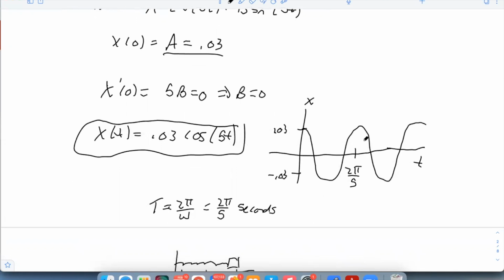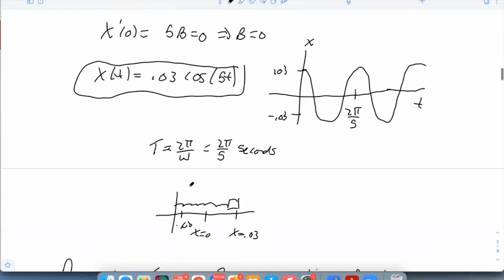So we get a graph that looks like this. Our mass is going to go back and forth. We stretched it out 3 centimeters. We let it go. We don't have any friction in this example, so the mass is just going to bounce back and forth